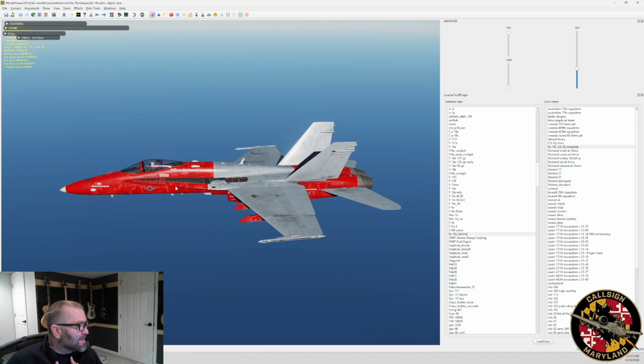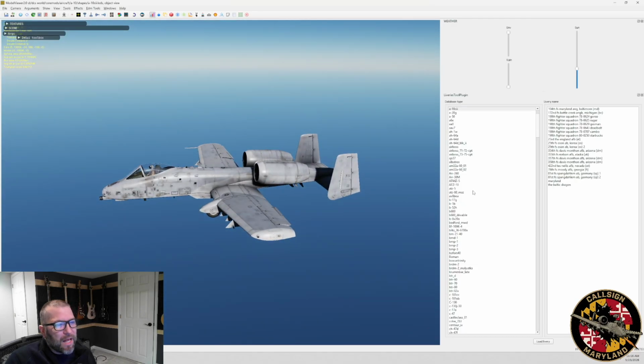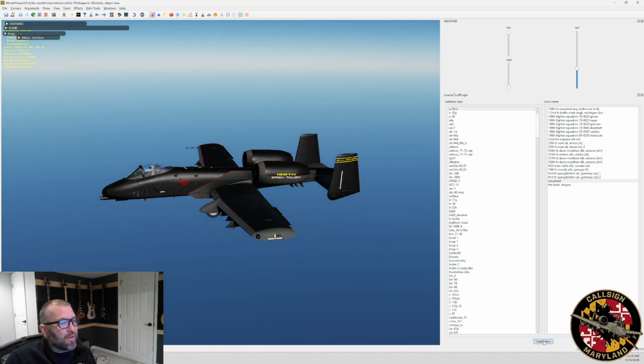So the last thing that I want to talk about is rough met files. So I am going to load up the A10, okay, because I just recently started working with the A10 and I did some stuff with the rough met file. So shape, okay. So what I want to point your attention to, and listen, this is a little bit more advanced, okay,